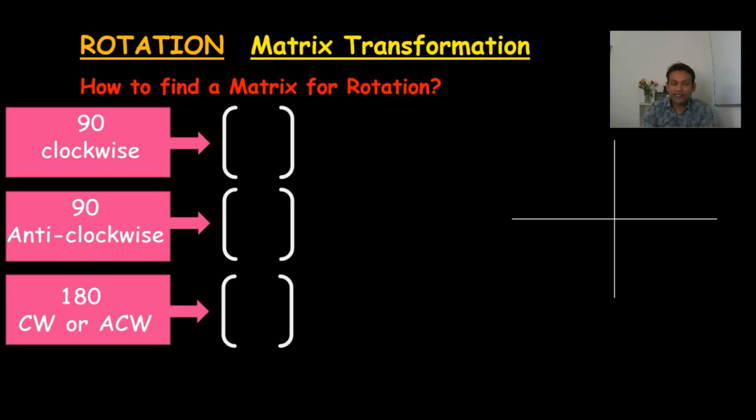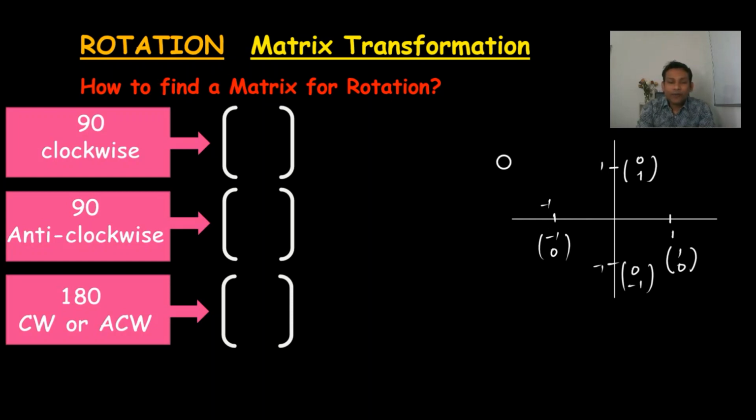In rotation, how can we find a matrix? Just start. What's the method actually? Just remember, we need 3 matrices in rotation. We need these axes. I will write here 1 and 0, the coordinate. This is also 1, and here I will write the coordinate 0 1. This is minus 1 0, and this is 0 and minus 1.